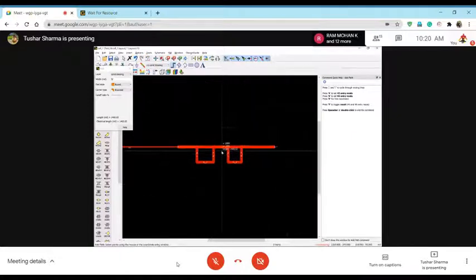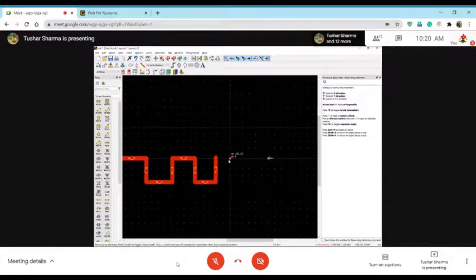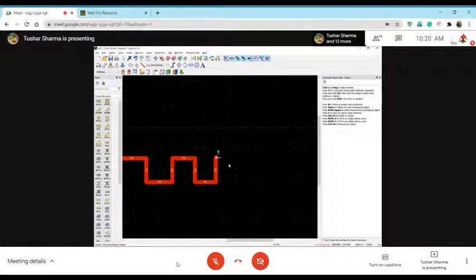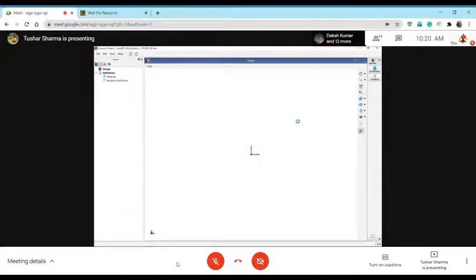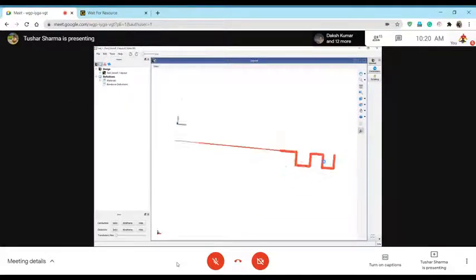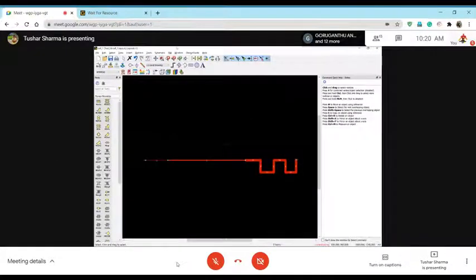Okay, so now I will try to run EM for this one. So EM, clear momentum. So we have this kind of a snake. Now I reduce it, but I have this kind of a model. So you will see that because of the EM effect, now this gets more severe. So your results will be very off in this case. So I just converted that and made it into a meander or like a snake kind of a thing.